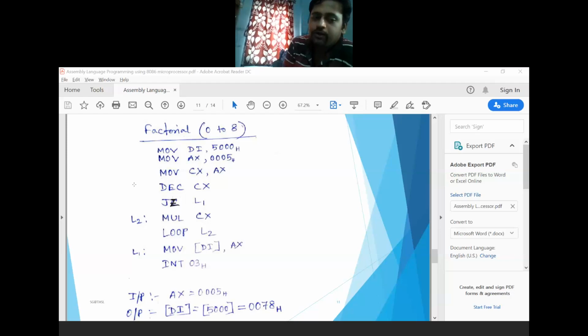No, you don't need to give L2 as DEC CX, it is right. L2 is given here in this position, MUL CX, because I have used the loop instruction in this case. It is rightly mentioned. I'm sorry for that. L2 is MUL CX, then LOOP L2, then MOV [DI], AX, INT 0K, and L1 is this one.